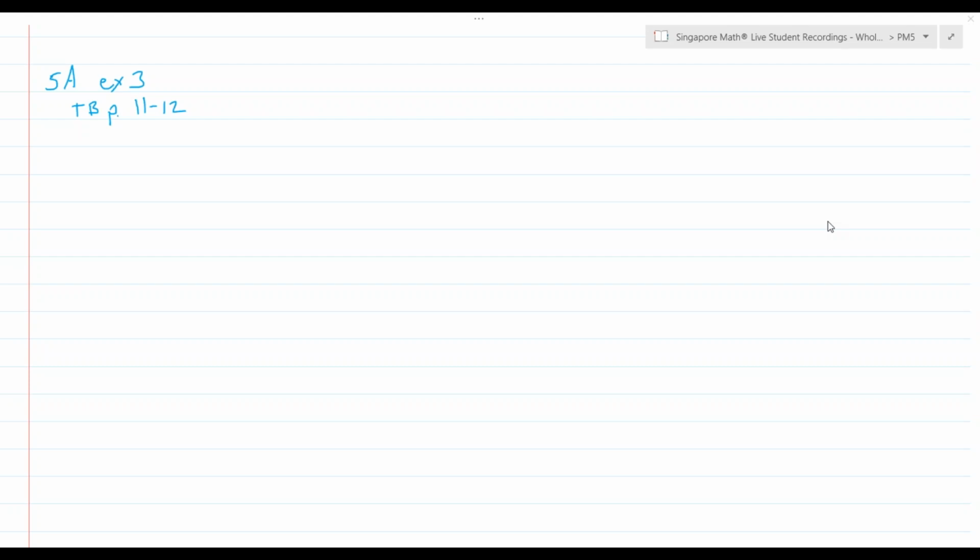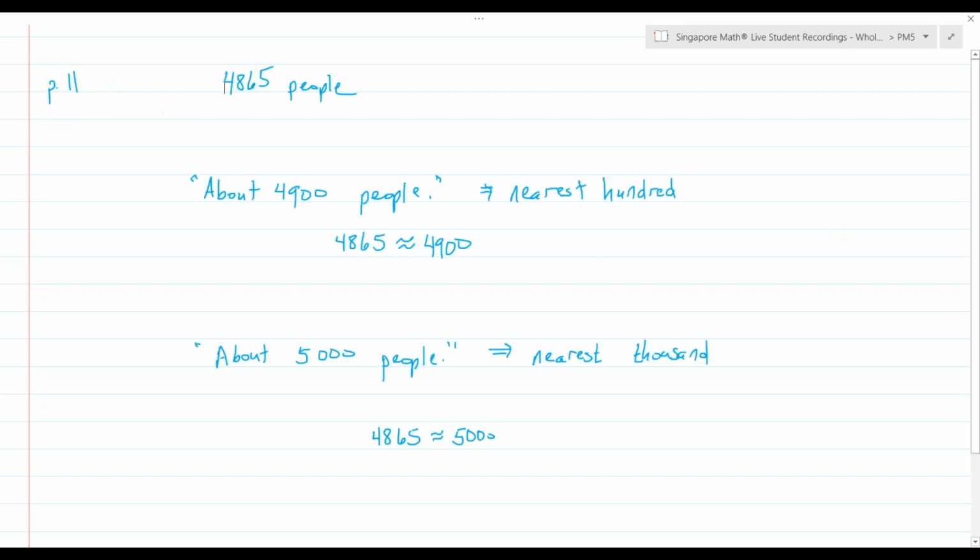Today we're going to talk about Workbook 5A, Exercise 3. In the textbook, we're looking at pages 11 and 12. The topic today is estimation and approximation. And so we start out with the idea that there are